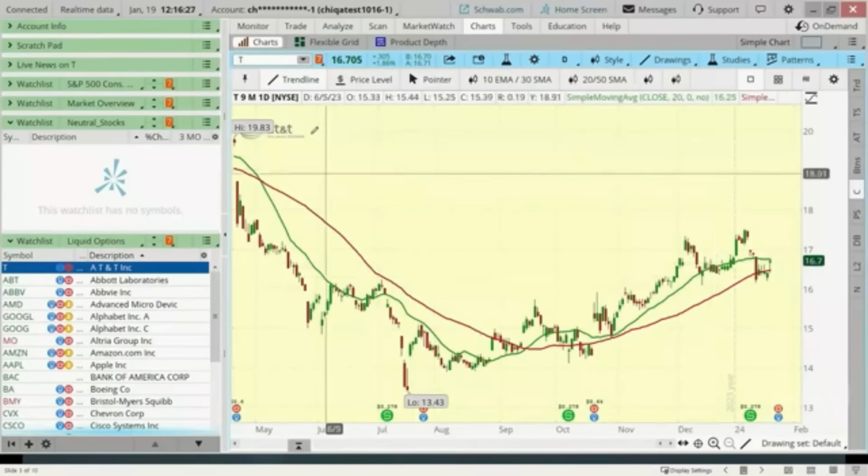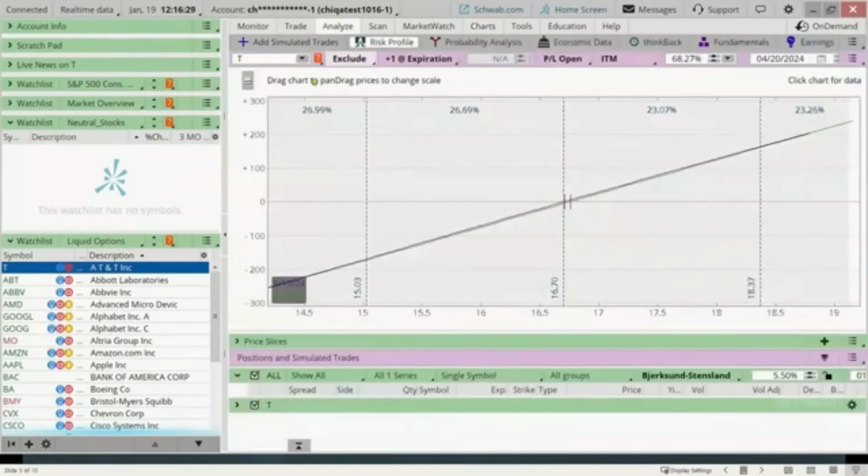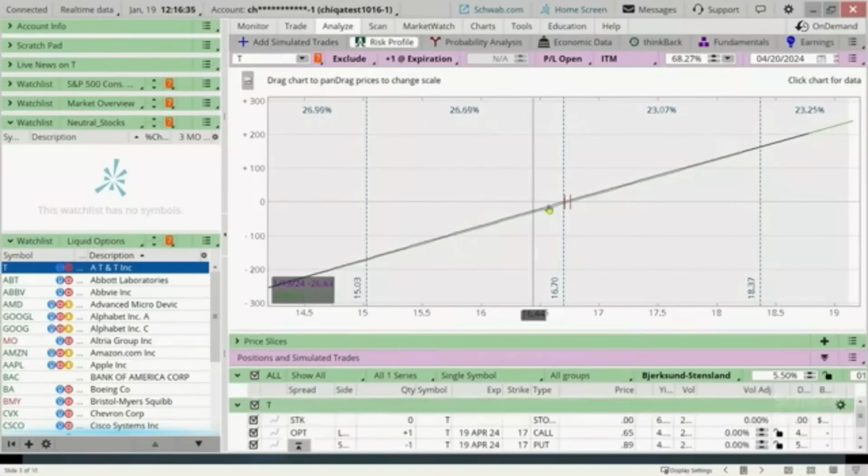And just for your purposes, if you want to look at what this would look like, let me bring this up. Here's AT&T. Make sure I don't have any other trades on this. I don't. This is what a long synthetic looks like on the risk-reward graph. Here's my potential profit or loss. Here's my break-even point. Here's my underlying stock.